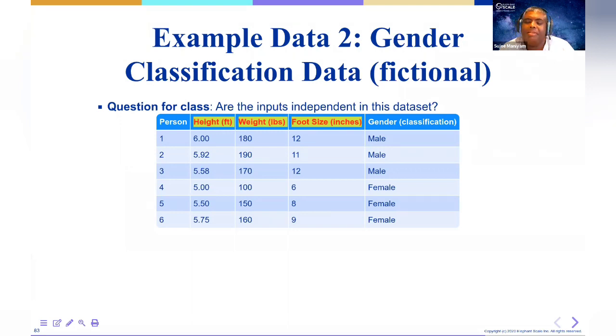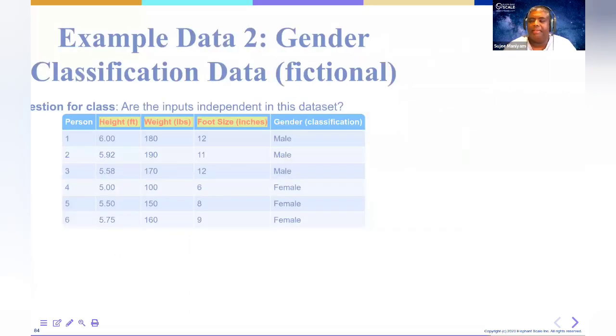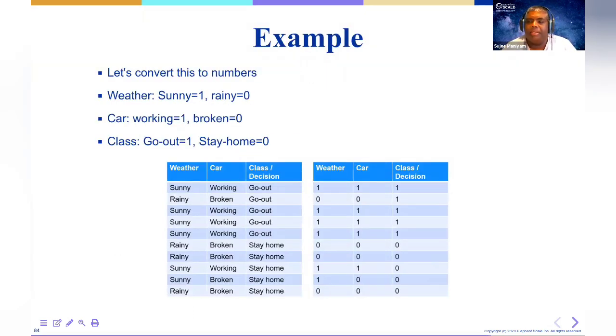So here you can make a case. Yeah, maybe there's some dependency, right? Probably you can say a person who's taller may weigh more, may have a larger foot size, right? Maybe there's some relation here, right? So you guys get the idea, right? When you look at the data, you need to figure out how independent they are. So how can you tell though, right? One way we know is the correlation matrix. Remember, you guys have done correlation matrix. You can use that. Okay, so let's go through an example of naive Bayes, and it'll make sense.